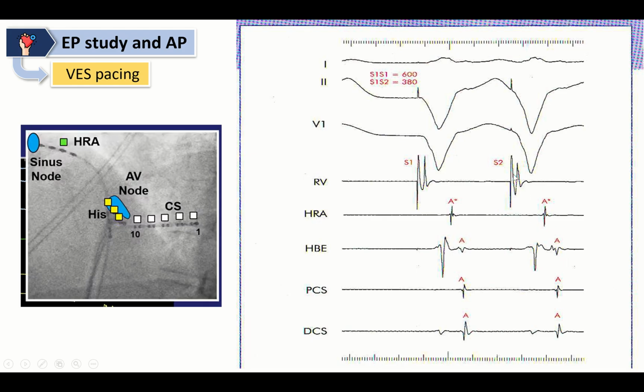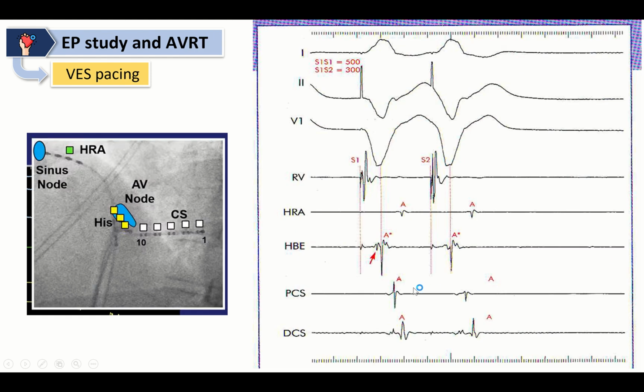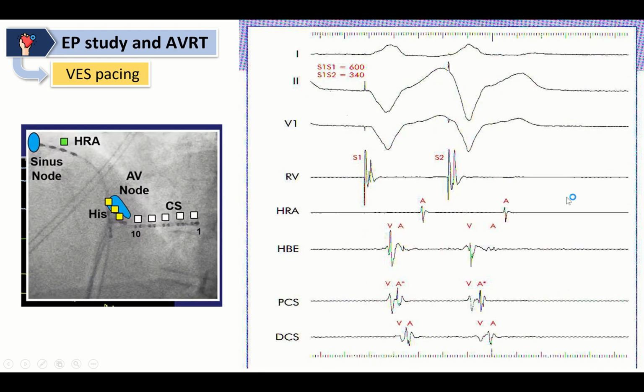We can appreciate S2 earliest retrograde A at high right atrium channel, and here we give S2 the earliest distal CS 1-2, left lateral accessory pathway. Here give S2 the earliest A at His, it is anteroseptal accessory pathway, and no more His deflection. Finally, this is posteroseptal accessory pathway, earliest A at posterior or proximal coronary sinus,